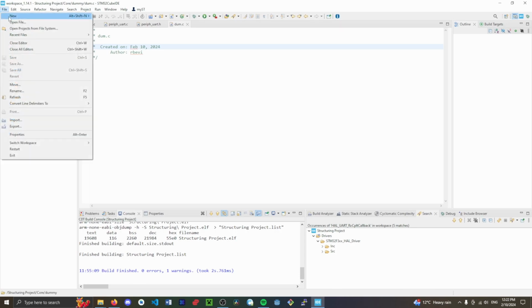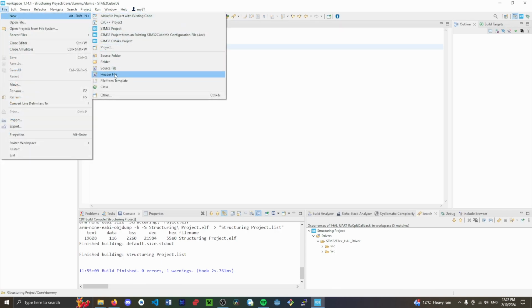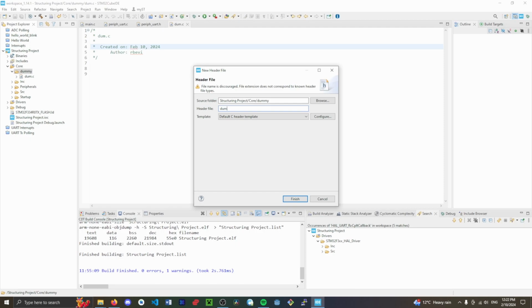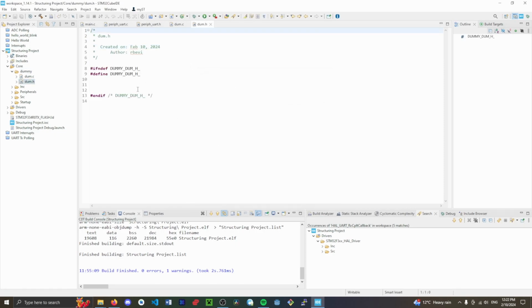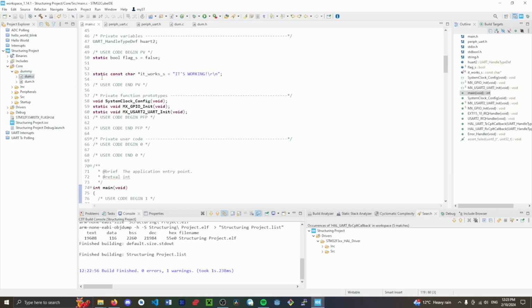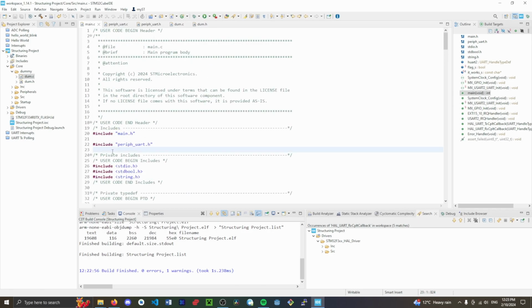Click on dummy, new header file, dum.h, and finish, and that'll create the header file as well. Then once that's done, you need to make sure that these can get compiled in. So if I go into the dummy and add